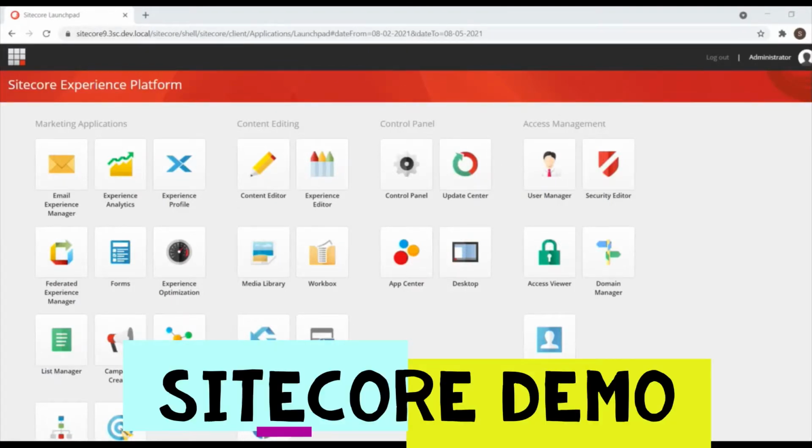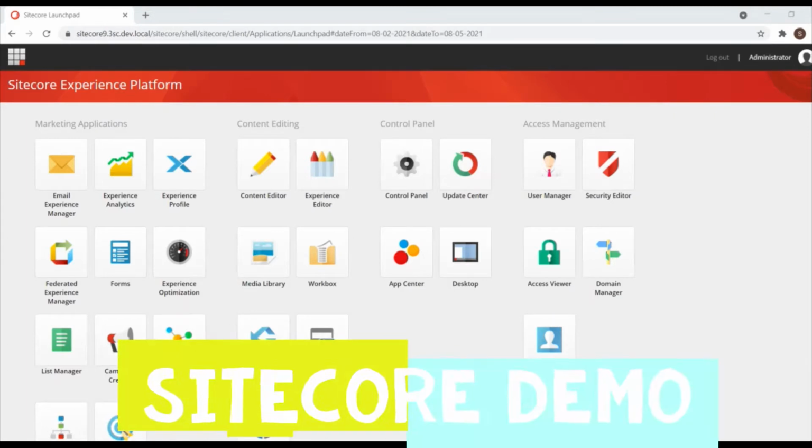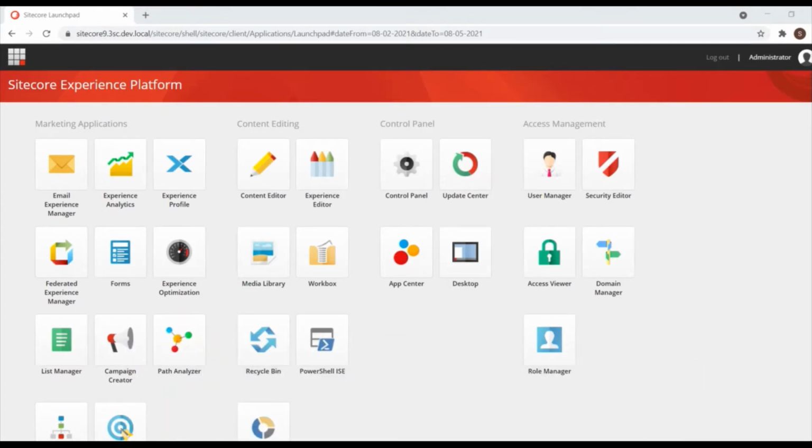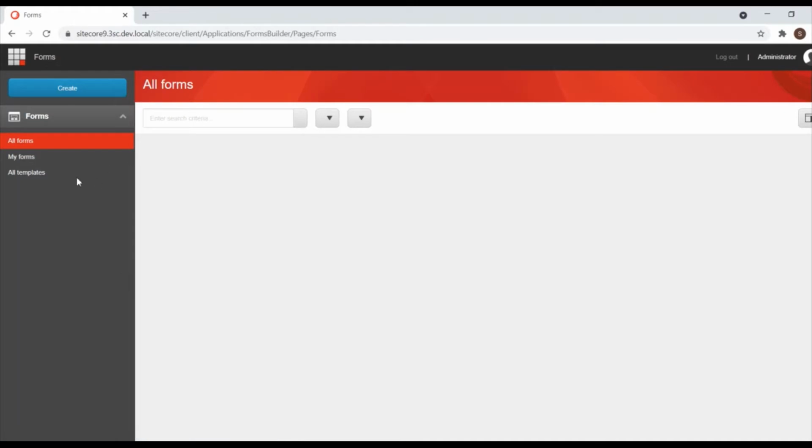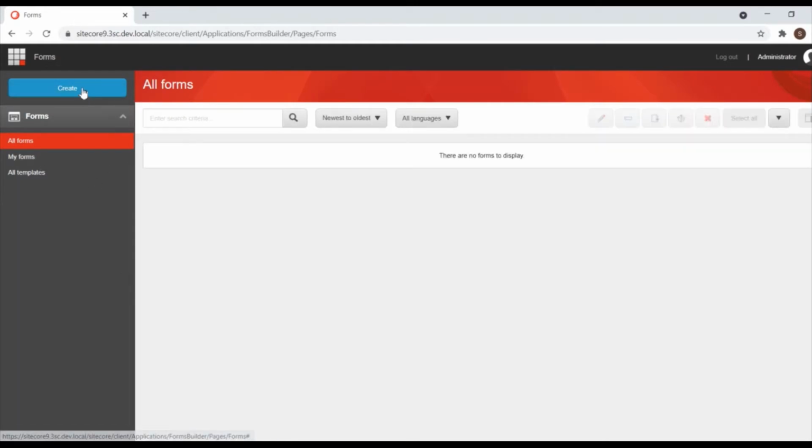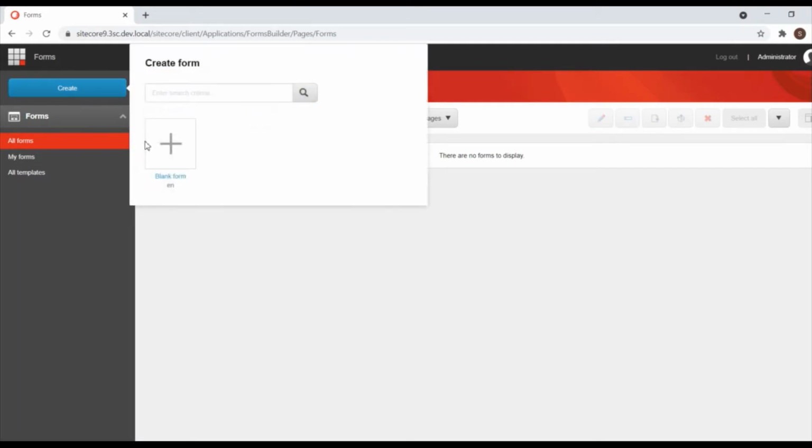Today we are going to see about Sitecore Forms. Sitecore Forms is available in Sitecore 9 and later versions. Let us see how to create a form and browse it on the home page. This is the Forms icon, available in the Launchpad. When you click it, you will get an option with forms and templates. I'm creating a new form now, a sample form. It is an absolutely new form.